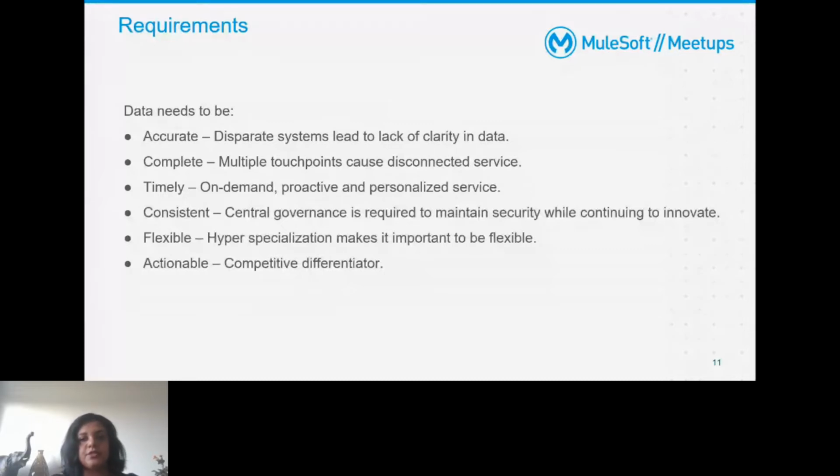Consistency. You want your data to be consistent, which means you need to maintain some sort of central governance to ensure data quality and security, without becoming a bottleneck for innovation, because you have all these disparate systems. You're trying to get data from these disparate systems, and you're trying to innovate faster. But you need to make sure you have a good governance in place, so when you are innovating,